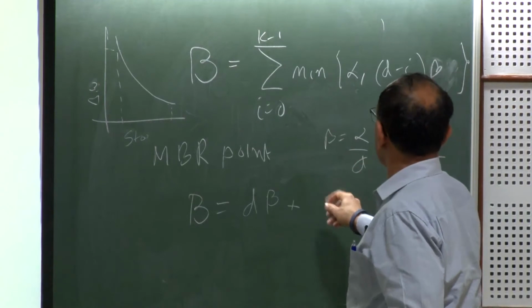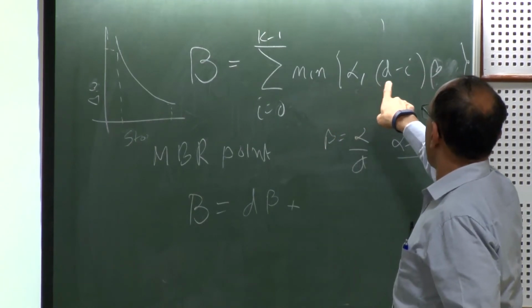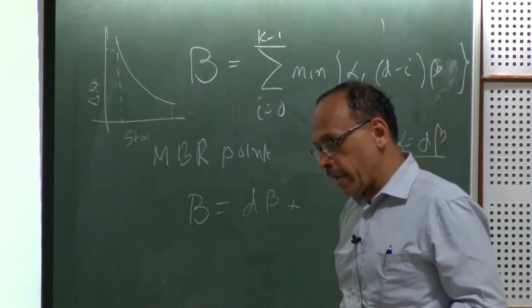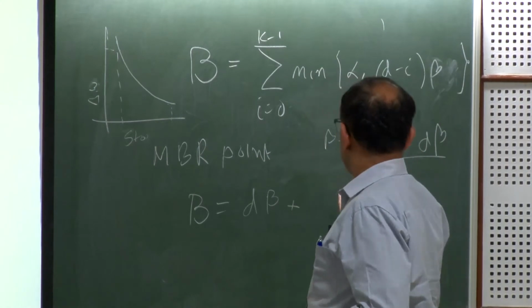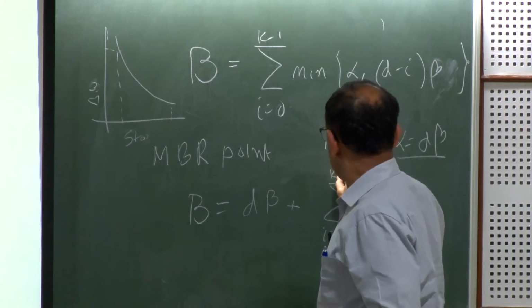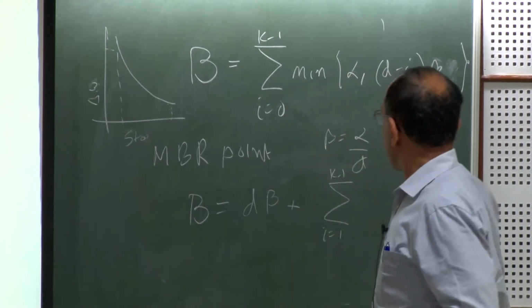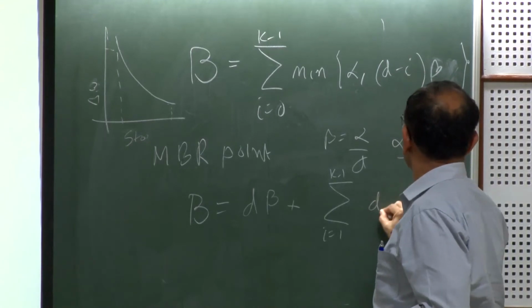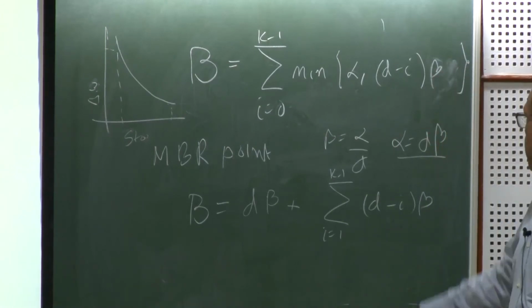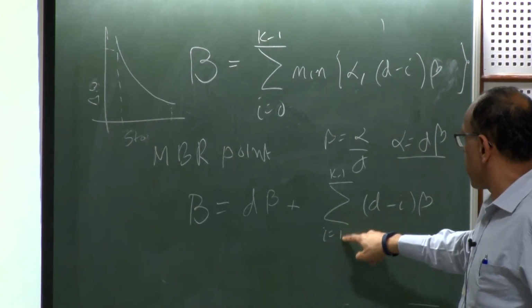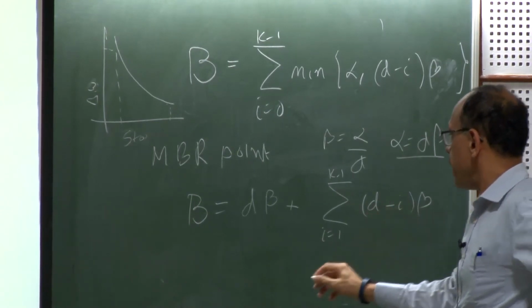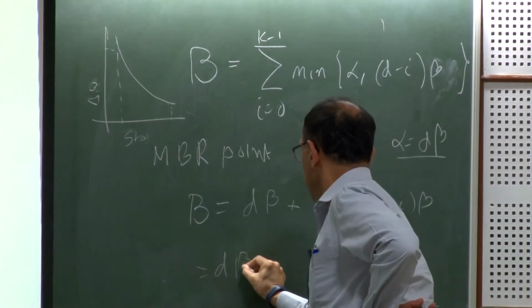Then for i equals 1, it is d minus 1 times beta, and so forth. So obviously what it will have is sigma i equals 1 to k minus 1, you have beta, d minus i times beta, correct? So d minus i times beta, summed over i from 1 to k. Notice that I have a d beta here. So I have here d beta plus